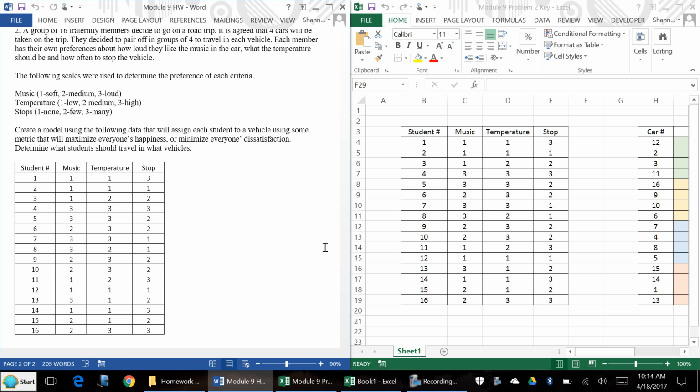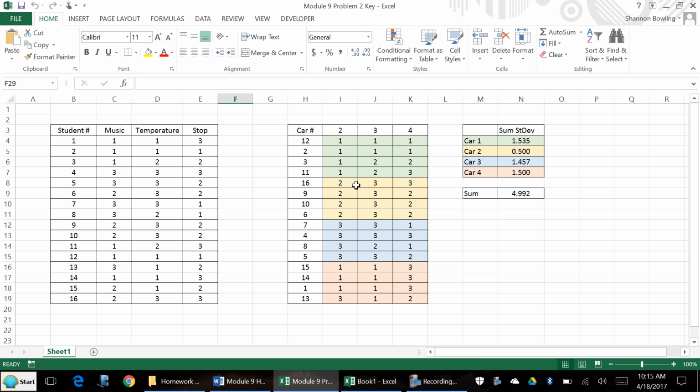How do you define satisfaction or happiness? I don't know, but come up with something. So if I gave you a problem like this, I'm pretty open to what you give me, as long as you formulate it and kind of justify your answer. So let me explain what I did. What I did is create a metric